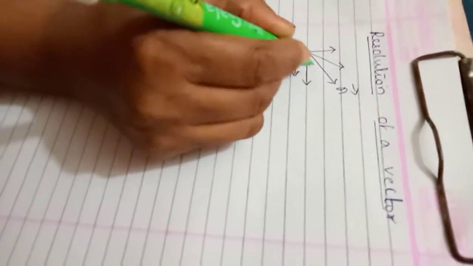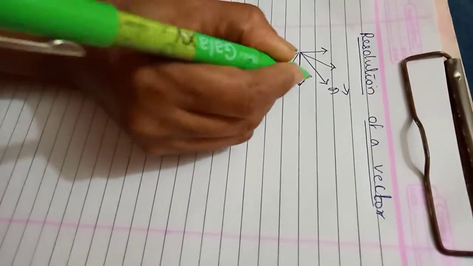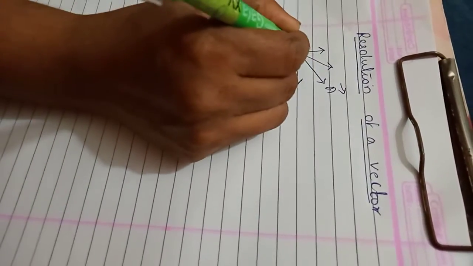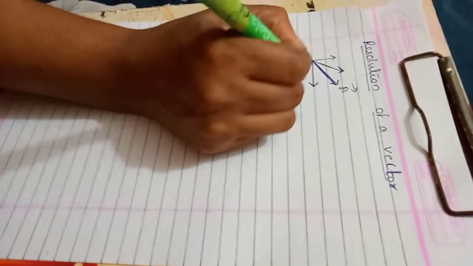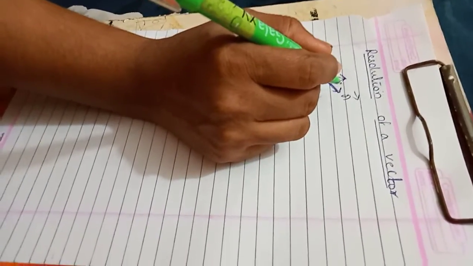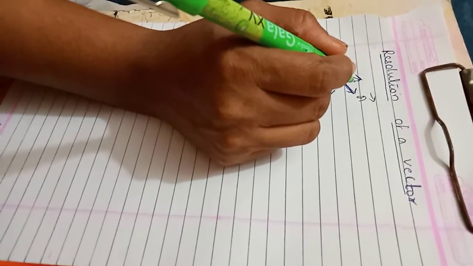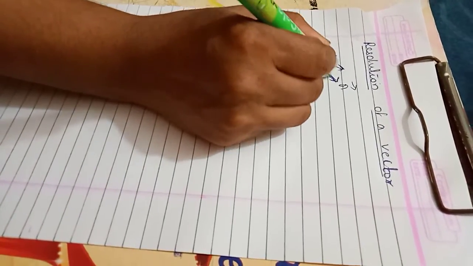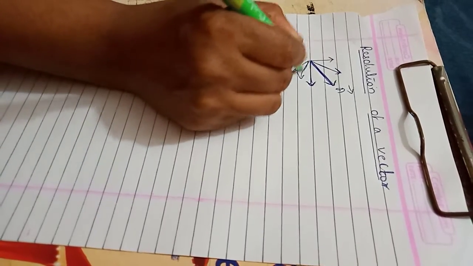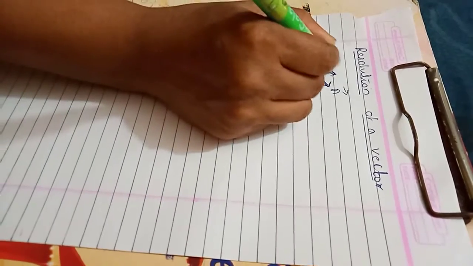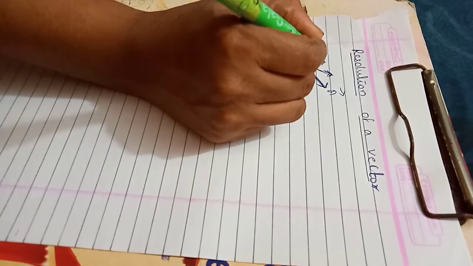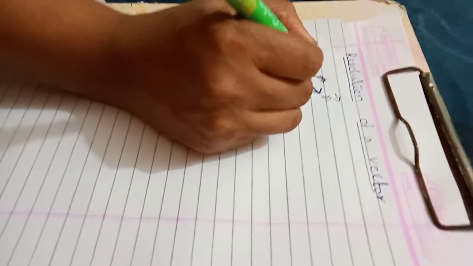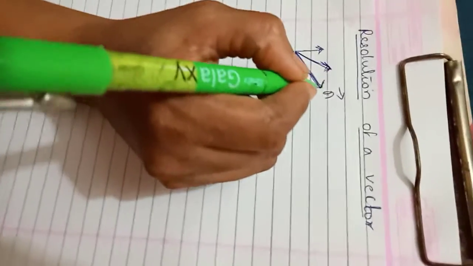we'll just continue here. What is resolution of a given vector? The process of splitting of a given vector into a large number of components. Components means in simple language parts or branches. That is called resolution of a given vector. The process of splitting of a given vector into a large number of parts or large number of branches or large number of components is called as resolution of a given vector. A given vector can be resolved into a number of components.